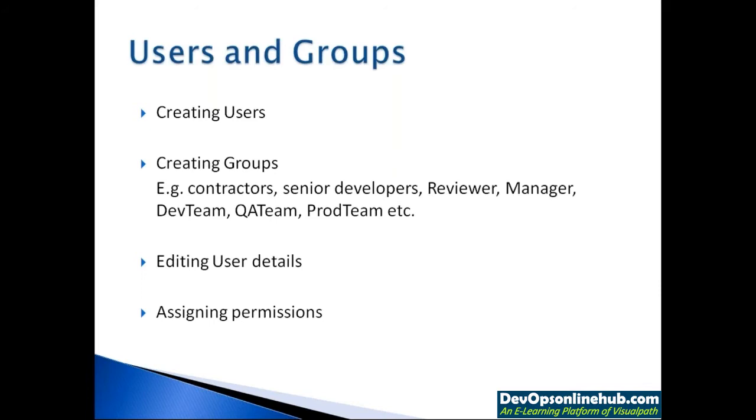So we will add those two, three developers in the dev team group, and we commonly assign permissions like creating repositories, etc. We will look in the next slide at what all permissions are there. So we can assign common permissions to the group, and those are inherited by the users. Editing the user details, like we can edit name, permissions and group also after creating users and groups. The third and last important operation is assigning permissions to them.